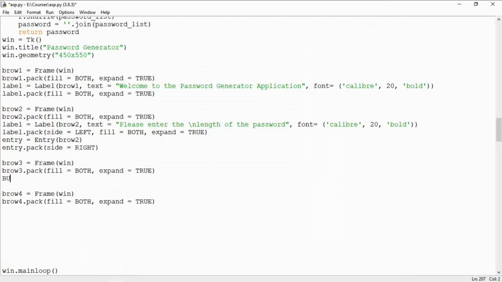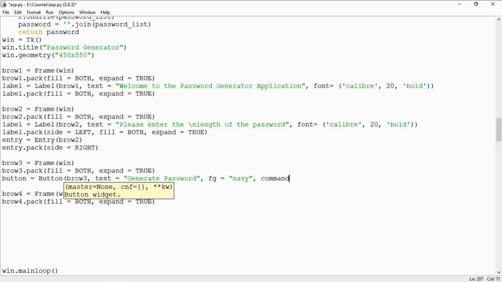So let us add a button. So let us add a button object in button row 3 or frame. The text should be generate password, and we can change the color. For example, I would want it to be navy, and for the command parameter